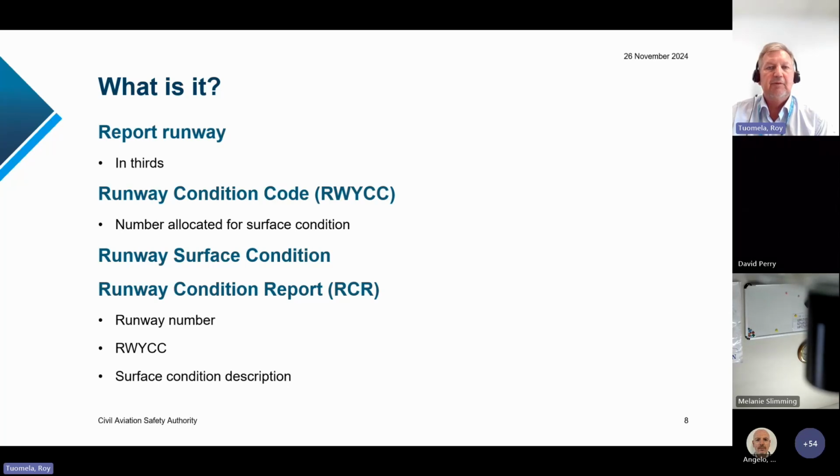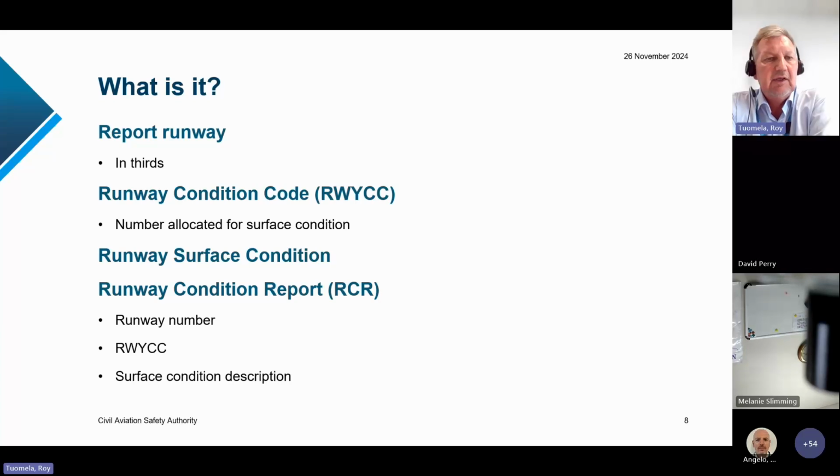And the final output is a runway condition report, or RCR. The minimum requirements for an RCR are the runway number, the runway condition code, and the runway surface description. It is important to note here that Australia has gone, I think, a little bit better than ICAO, because